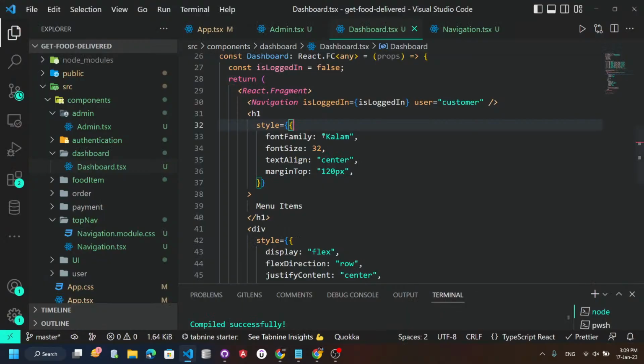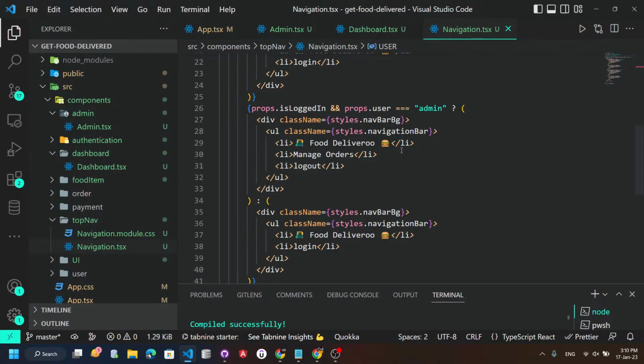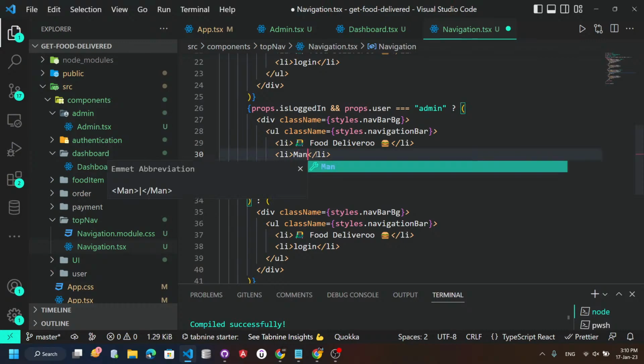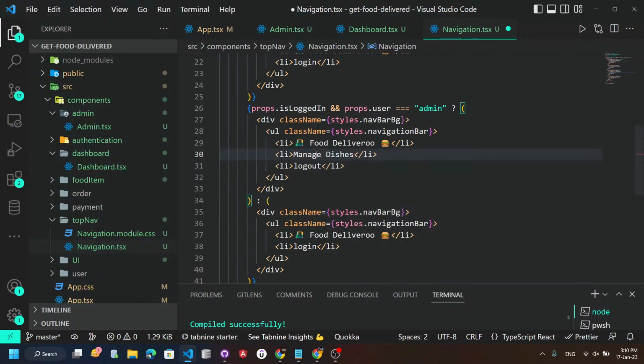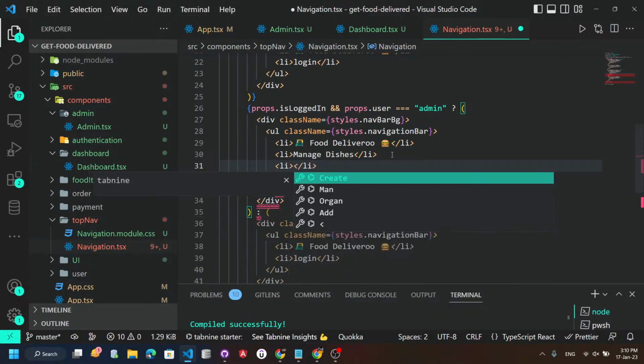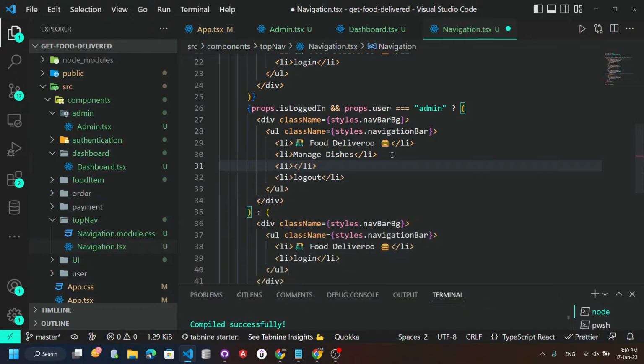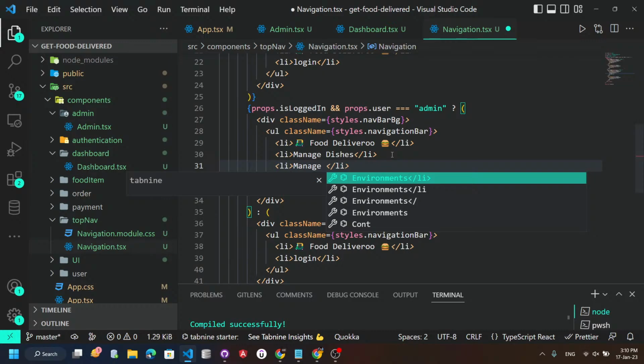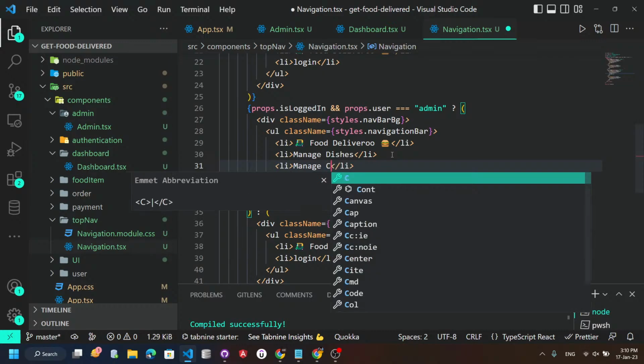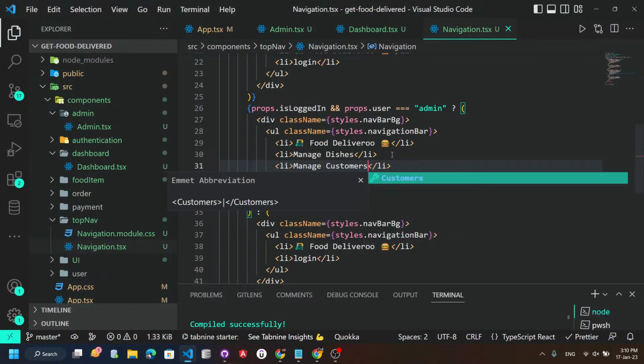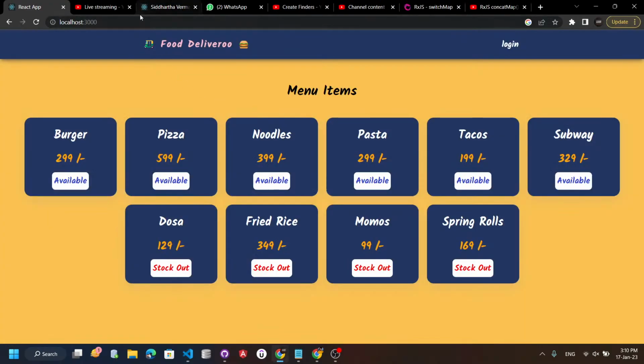और मैं अगर यहाँ पे वापिस आके अपने पेज पे ऐसा चेक करता हूँ तो यहाँ पे मेरा इस टाइप से है, ओके। और जब मैं अपना एडमिन में करूँगा तो मुझे एडमिन में करना है मैनेज डिशेस। मैं डिशेस को मैनेज कर सकता हूँ, मैं लॉग आउट कर सकता हूँ और मैं यहाँ पे और क्या कर सकता हूँ, मैनेज डिशेस और also मैनेज, मैं बोलता हूँ मैनेज कस्टमर्स, ओके।